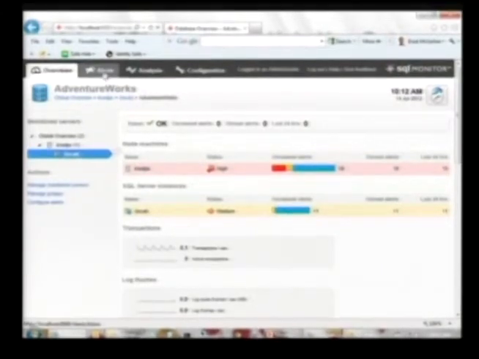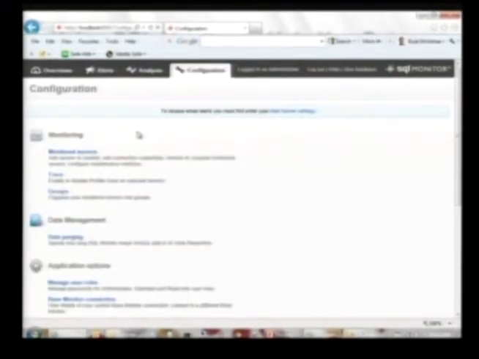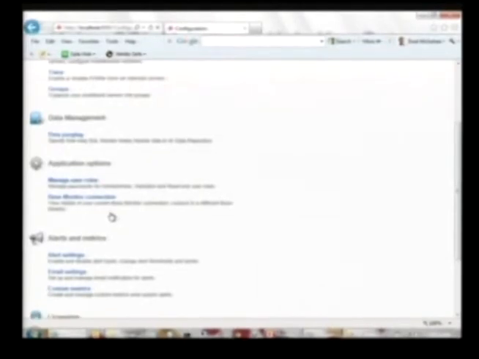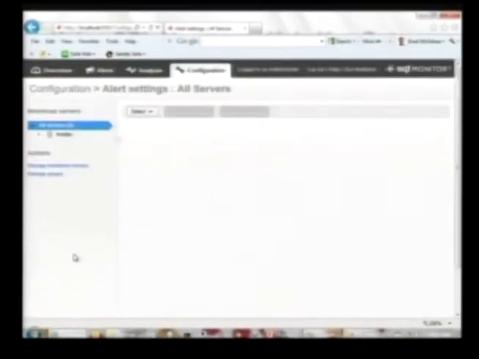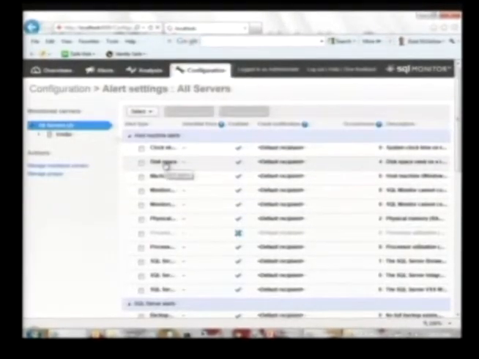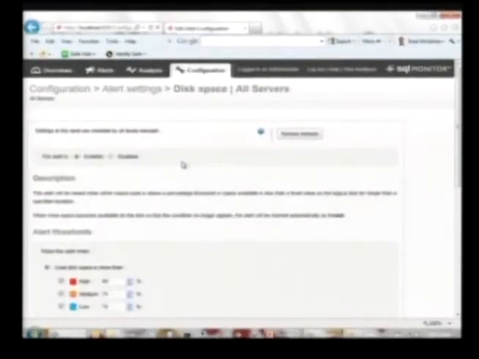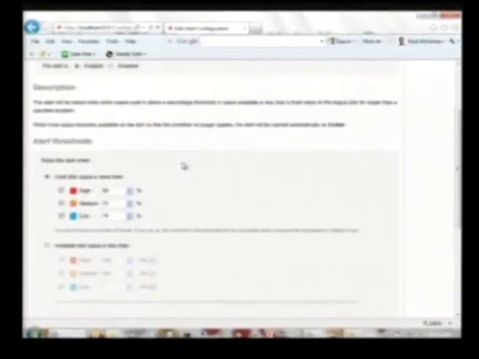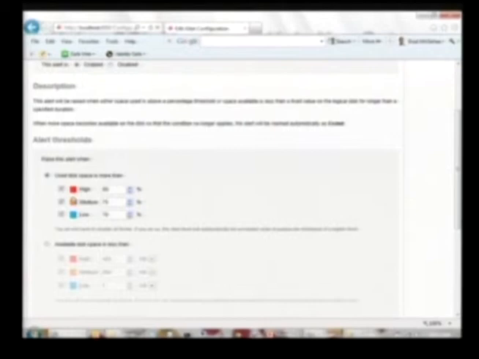There are also some alerts. Another alert which is kind of handy is the disk usage alert. I'm actually not going to look at it here. This is actually where the alerts occur. I prefer to show you what a configuration is because it's a little easier to see what I'm talking about. I'm going to go over to alert settings, and I'm going to go over to disk space. And this is one of the alerts that are built into it that, again, let you determine whether you have a problem. These are settings that have been set up. You can change them any way you want to.